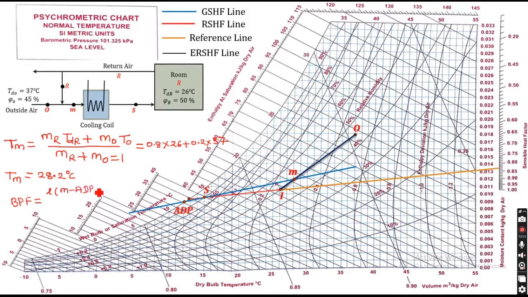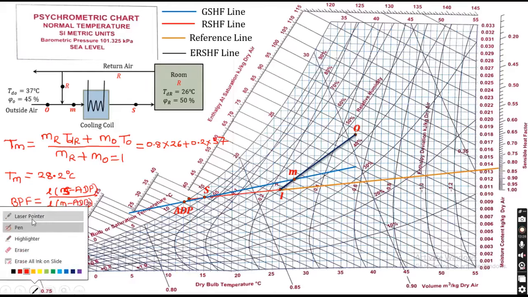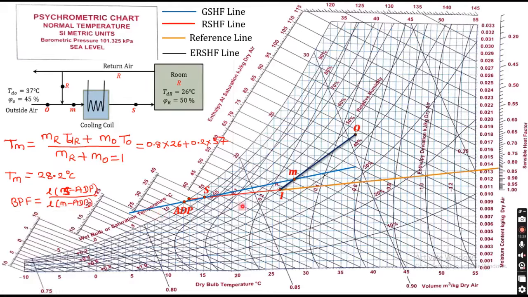This is how we have to plot the line. Here we have a bypass factor of